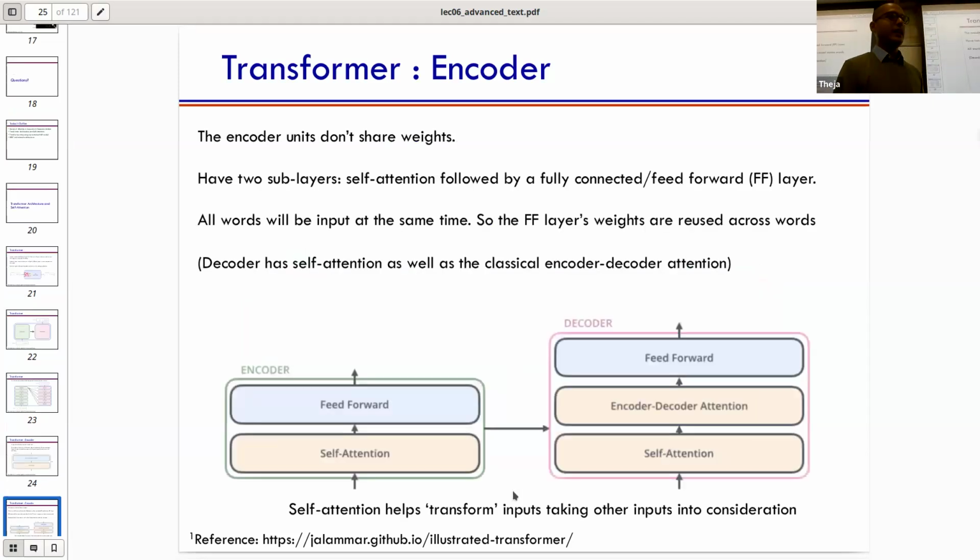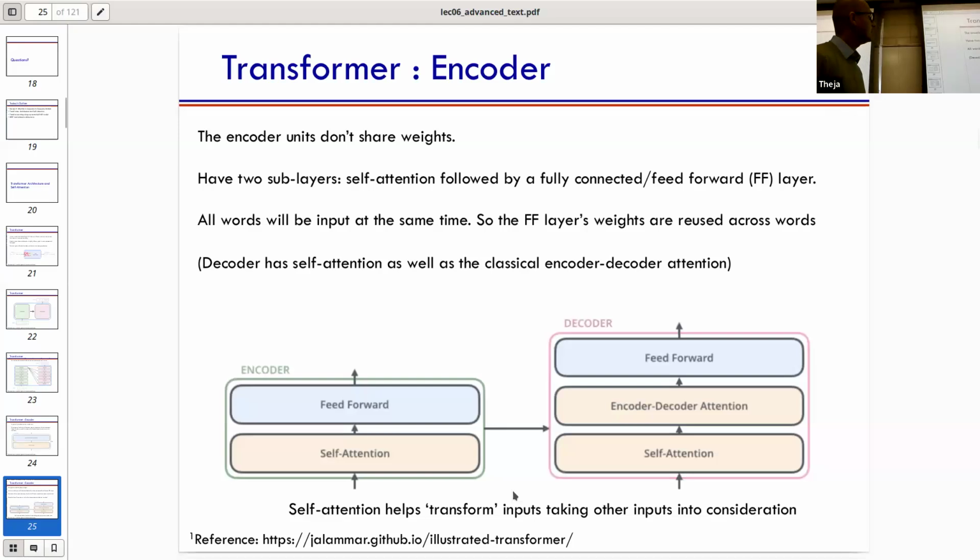Okay. So let's actually remark a couple more points before we get into opening up these subcomponents, feed forward as well as self-attention. We'll open them up so that it's very clear what the forward pass is at the encoder block level. Before that, I just want to point out a couple of remarks. First of all, encoder units don't share weights. This is just to contrast with RNN, because in RNN case, it's the same RNN unit being applied again and again and again. In this case, each of those green boxes have their own parameters.